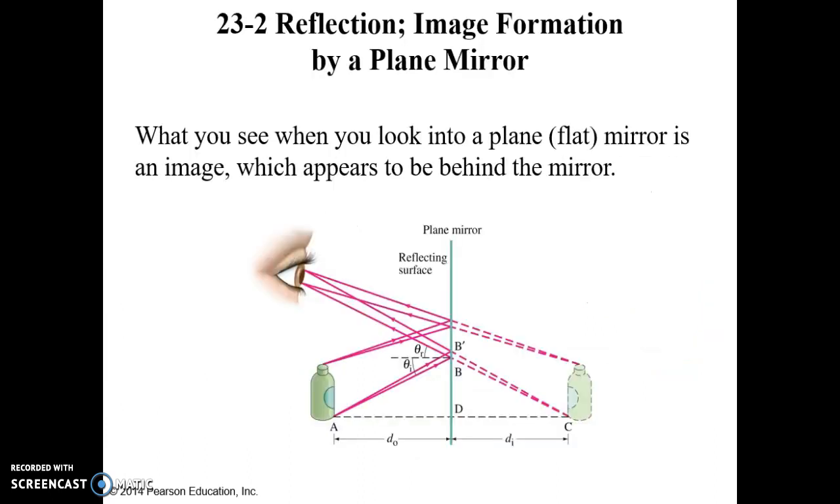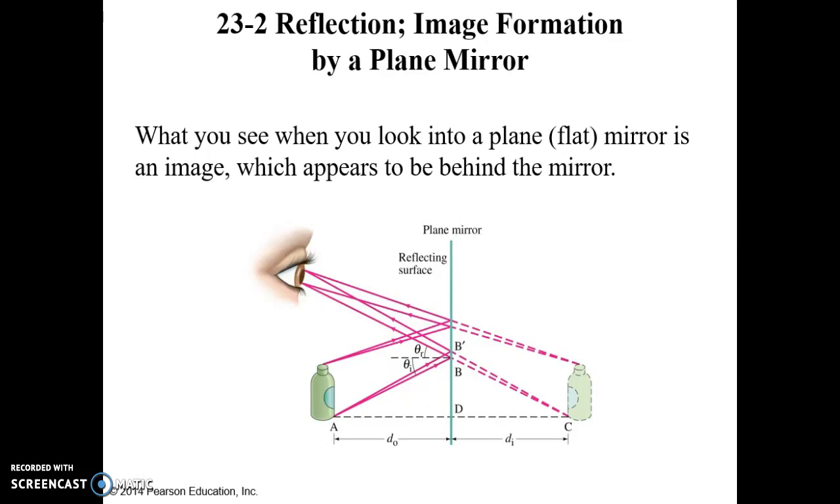Now what you see when you look into a plain flat mirror is an image, which appears to be behind the mirror. Also, you don't see yourself as others see you because left and right appear reversed in the image. The figure below shows how an image is formed by a plane mirror according to the ray modeling. We are viewing the mirror on the edge in the diagram, and the rays are shown reflecting from the front